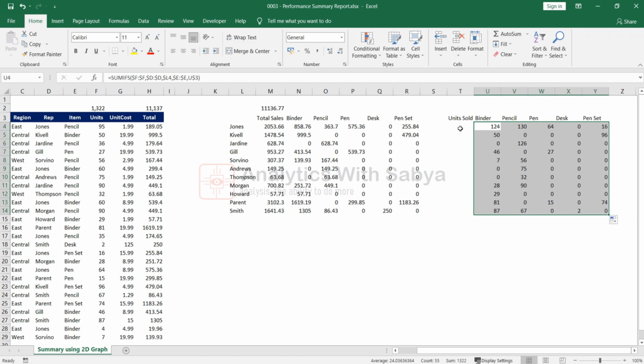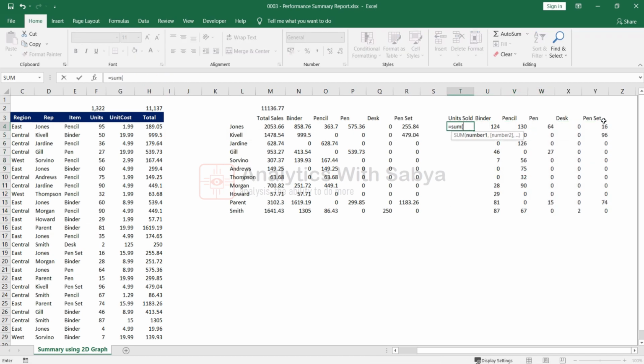So everything comes. Again, we do a quick sum and see the total number of units sold combined by Jonas. It is 334. You can copy and paste it, or you can just drag and drop it like this. Again, since we have put formulas, I'm just cross-checking the numbers. How I cross-check it is equal to sum, select everything, hit enter. The total units sold is 1322, which is matching this number 1322. I have also cross-checked my formulas and made sure that yes, the numbers are correct.